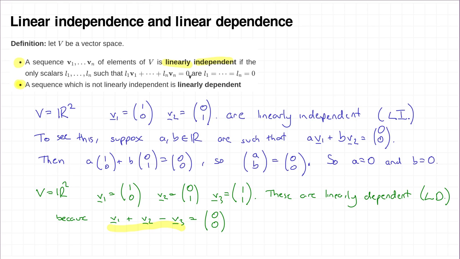So there is a piece of terminology which we need to use, which is a linear dependence relation. A linear dependence relation is what you use to show that some vectors are not linearly independent. So it's a linear combination of those vectors which is equal to the 0 vector, but in which not all the coefficients were 0. So I'm going to write that up here. A linear dependence relation